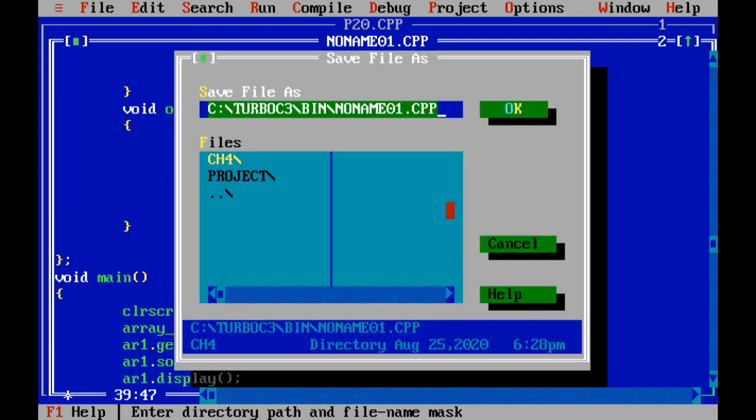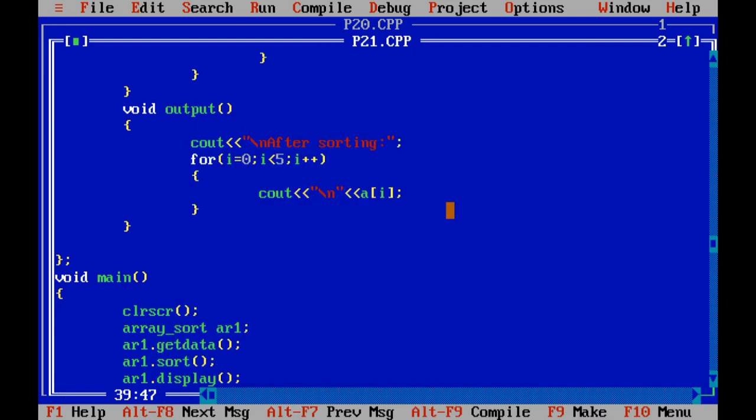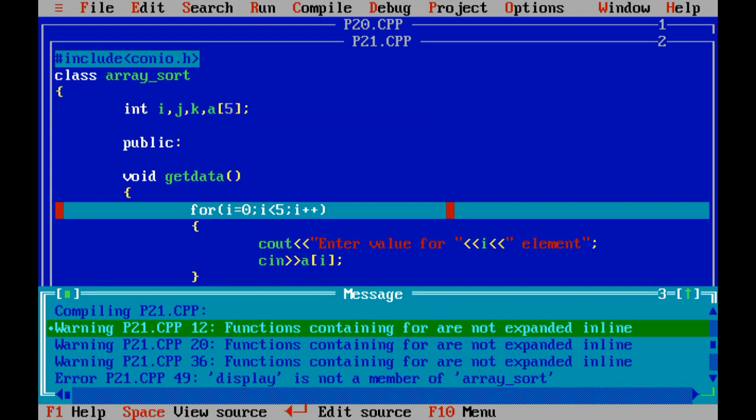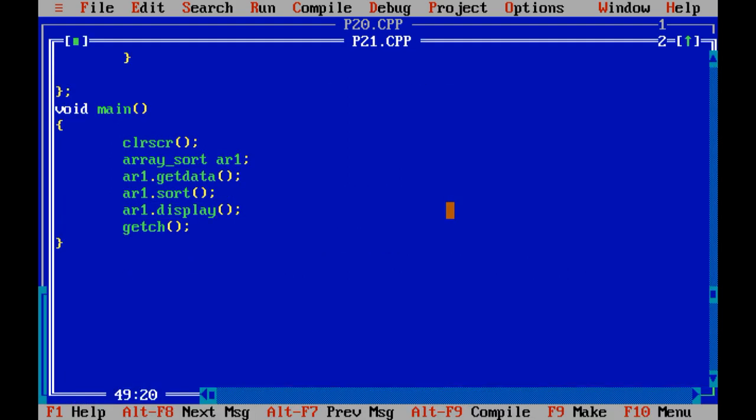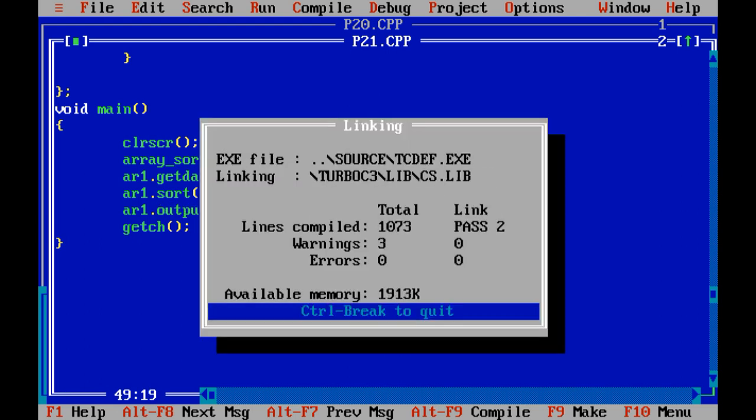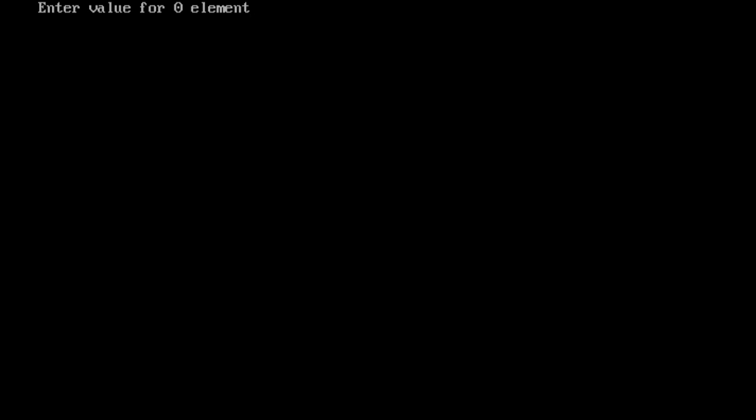Let us save the code. Program number 21. Over here I need to apply output, because display function we have not taken, we have taken output.